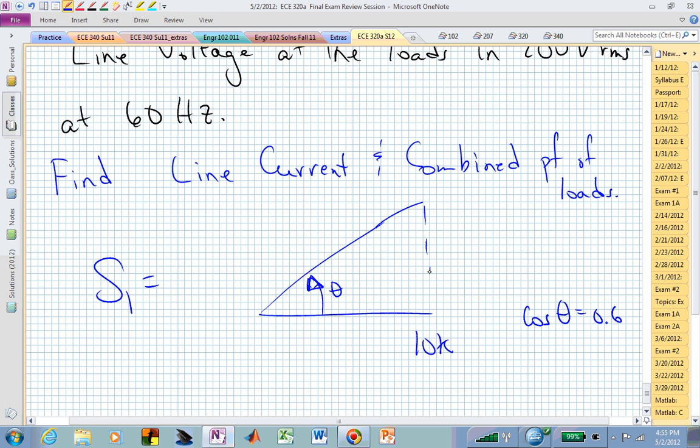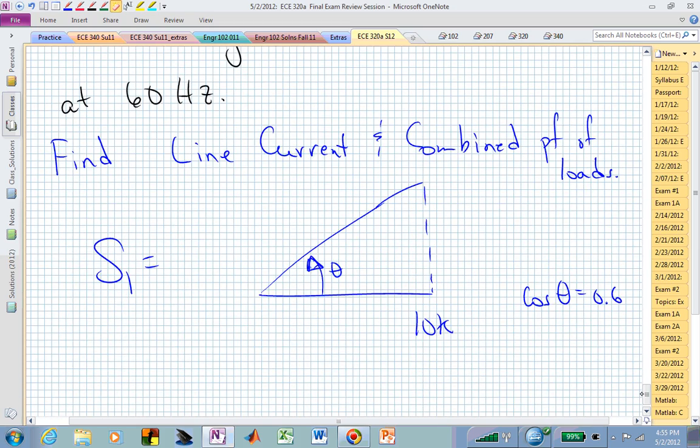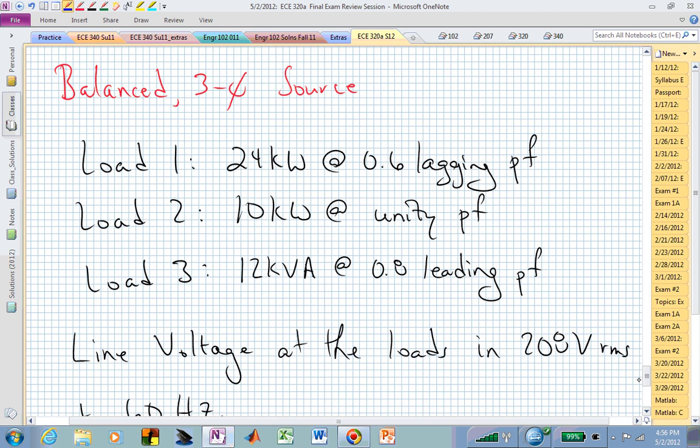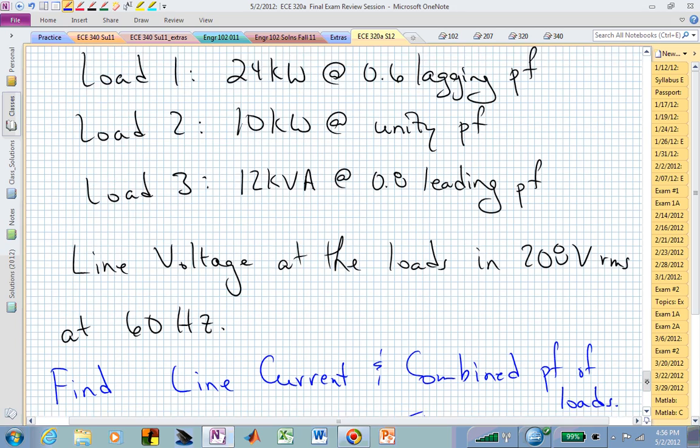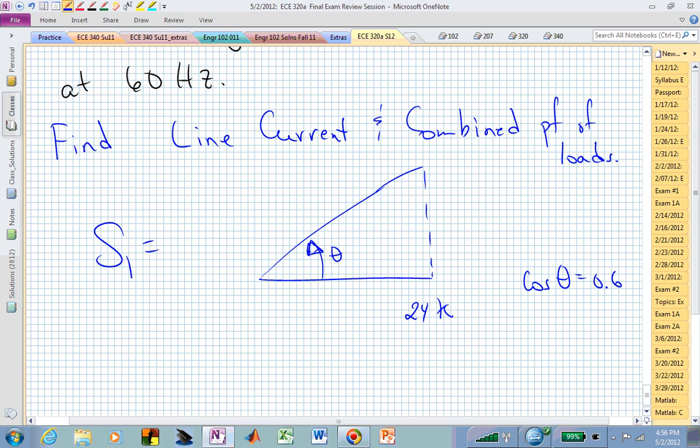And in so doing, I end up with this. Oh, what did I say 10 for? Where did 10 come from? Oh, that was load 2. So this one's supposed to be 24 to begin with. This is 24 in real terms. And a 0.6 is smaller than 0.7, so you know that angle is bigger than 45 degrees. So we actually have more of a reactive component than we had real component. This is actually